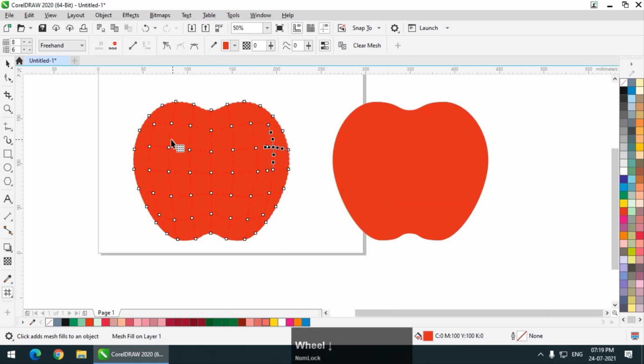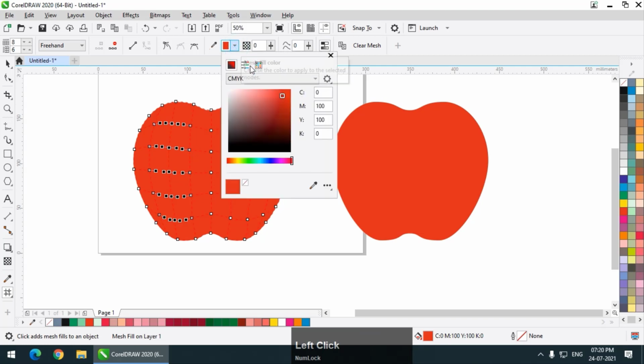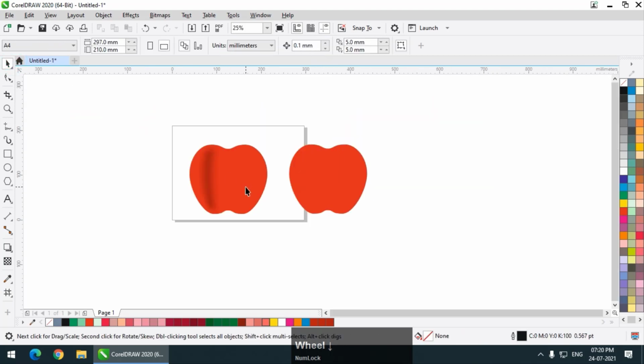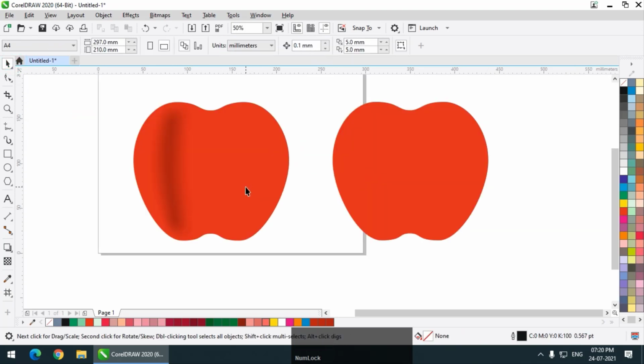So presently I'm going to select this particular area over here, and I'm going to choose this color portion, and I'm going to make a darker shade like this. As you can see, I have selected a darker shade, so that it is looking a bit more realistic. I'm not saying that it is looking great, but at least we have added some depth to it.